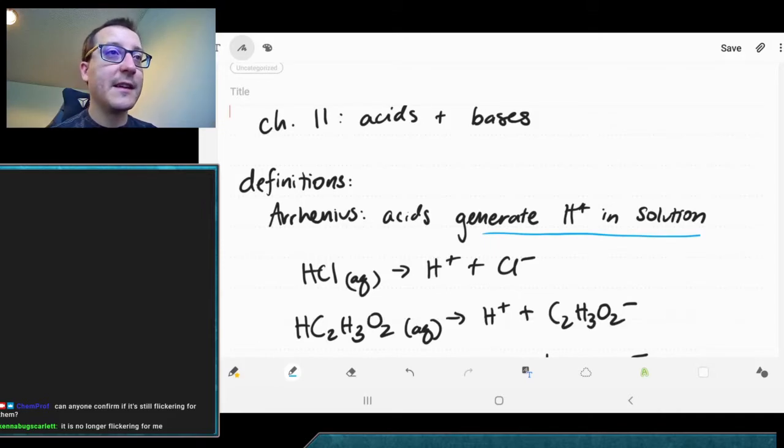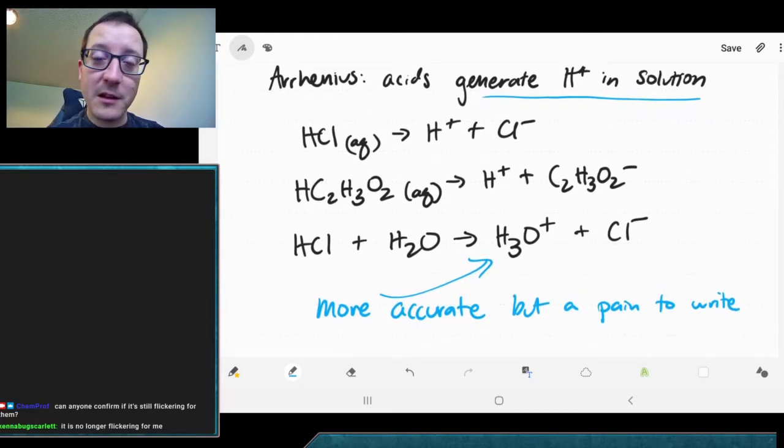And we're going to see that in chemistry we actually have other definitions that we use a little bit more often, just because they're a little bit more broad, especially when reactions don't take place in aqueous solution. If we're having reactions take place in organic chemistry, that's a huge component, acid-base chemistry of organics, and that stuff is not done in water. So how can you call things acids if your definition says it has to be in solution? All right, well, anyways,